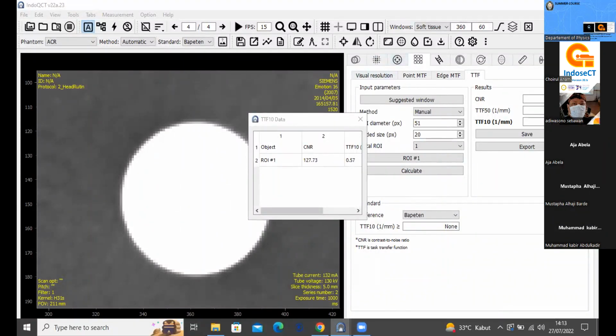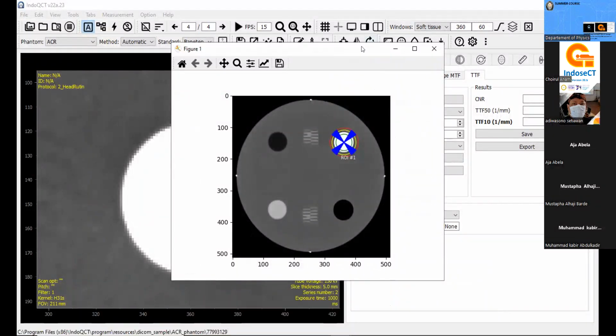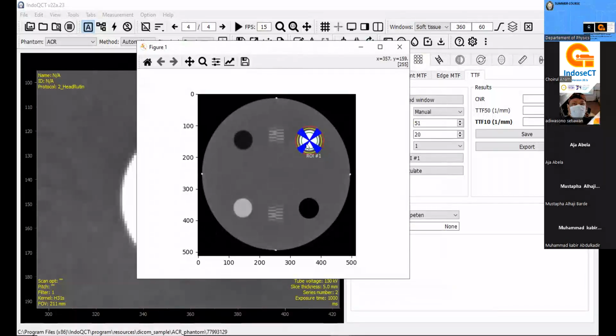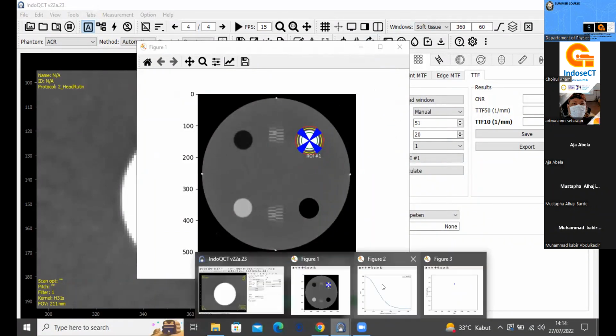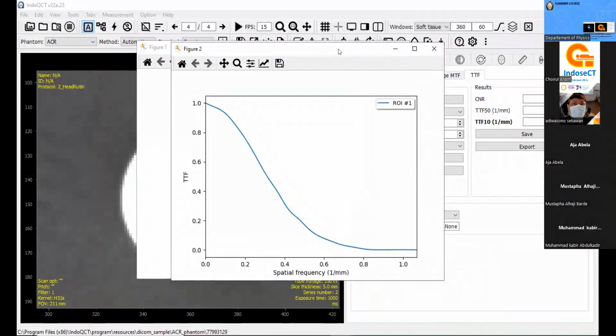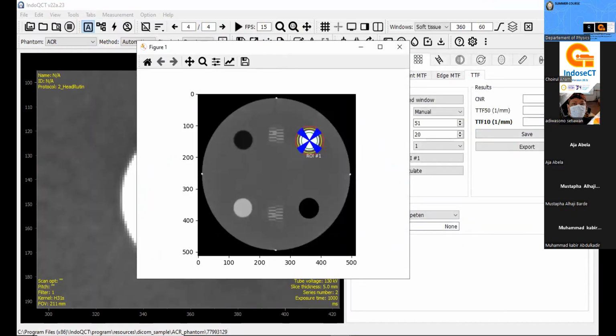This one is our ROI for measuring TTF, and this one is our result for measuring the TTF. And we get the value 0.57, like this.